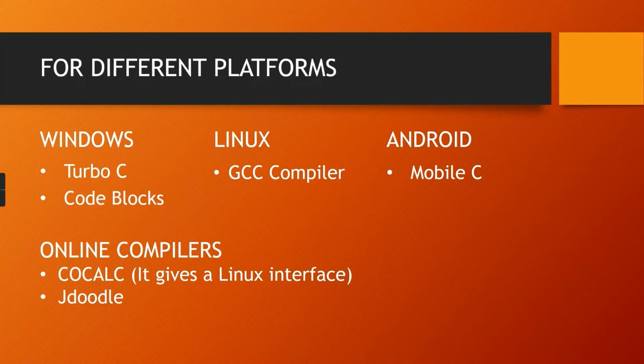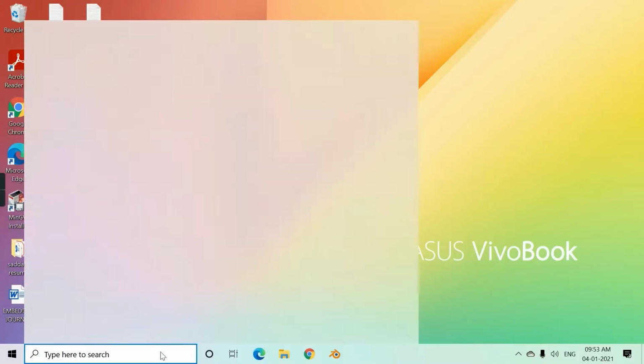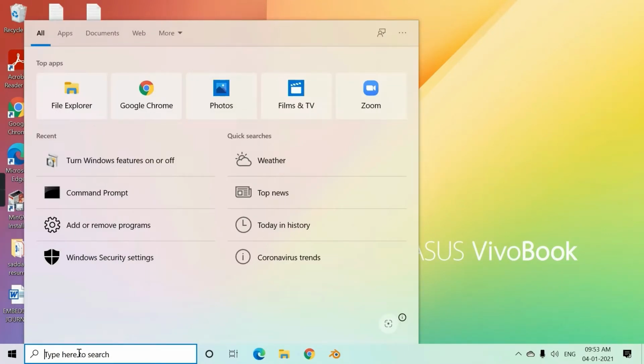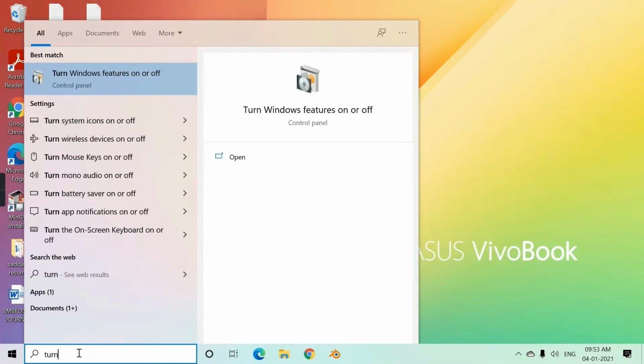If you have the Windows 10 operating system, then there is a chance to set up the environment of the GCC compiler. So let's look at the process. First of all, type here to search for Turn Windows features on or off.